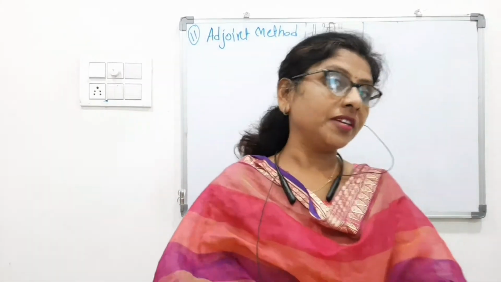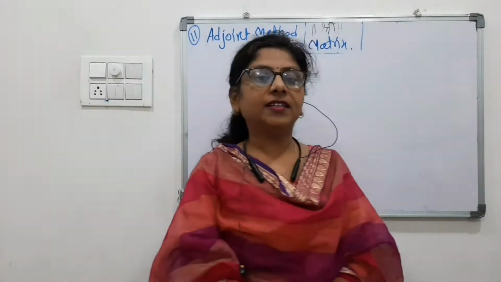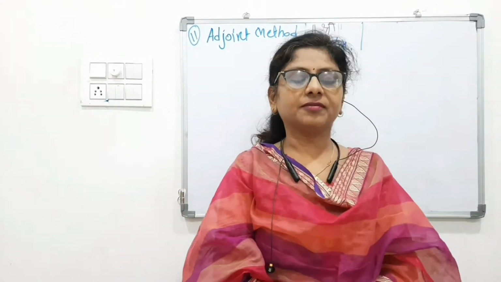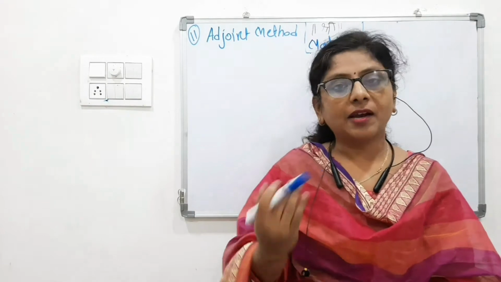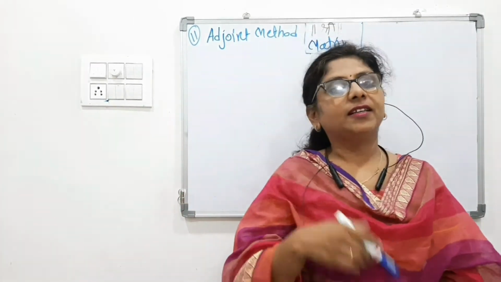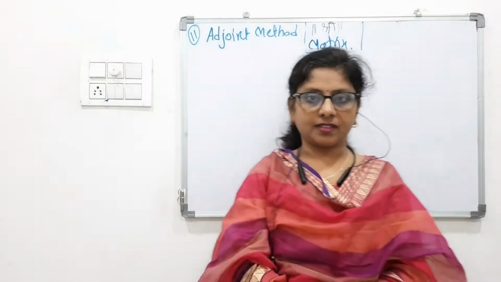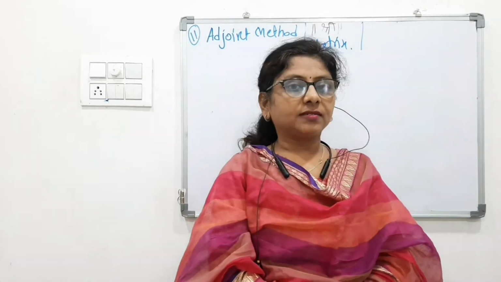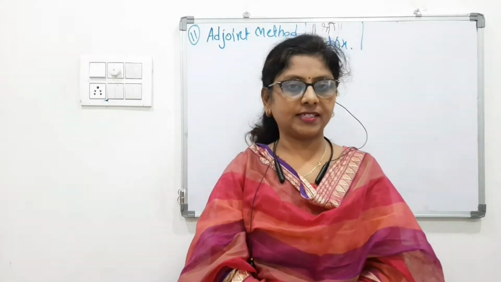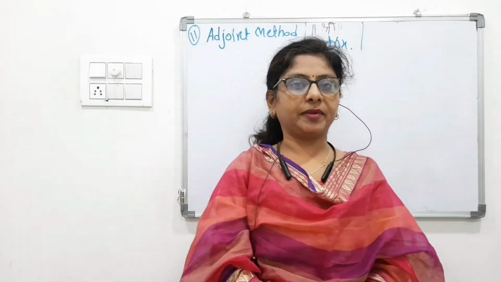Revise all those definitions which we had seen in last lecture related to the adjoint method of finding the inverse of any matrix. You have done? Good. Now we will see the examples to find the matrix of cofactors, then the adjoint of a matrix, and finally the inverse by the adjoint method. But first we will see examples of 2 by 2 matrices, and then we will see the examples of 3 by 3 matrices.